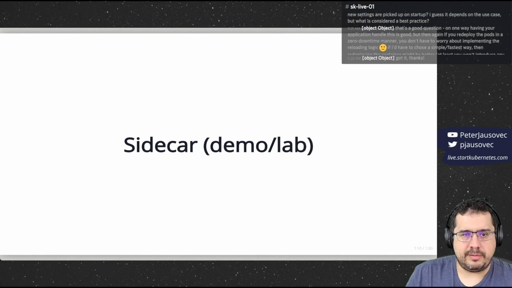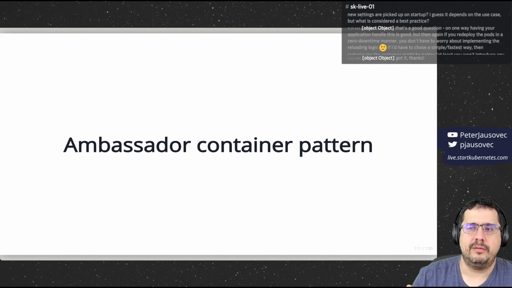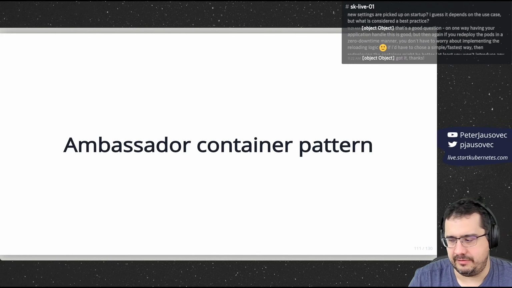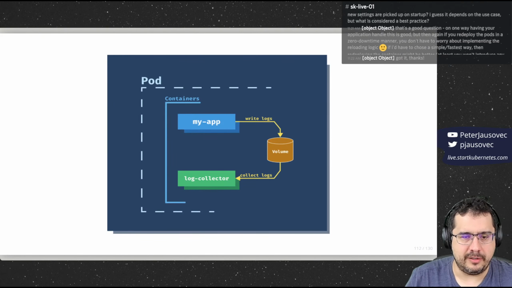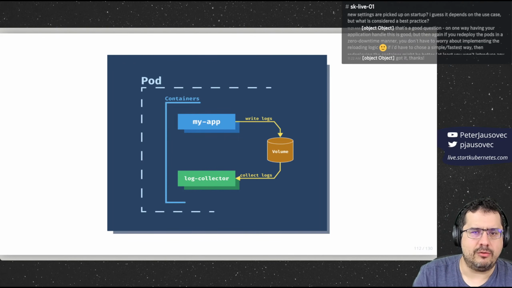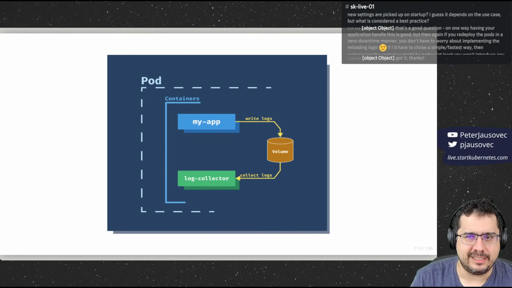All right, so I'll skip this right now. I'll do the lab later, but let's talk about the ambassador pattern as well, and then I'll do the two demos together. So the idea behind the ambassador container pattern is to hide the primary container's complexity, right, and provide a unified interface through which the primary container can access services outside of the pod. Now, these outside or external services might present different interfaces and have,